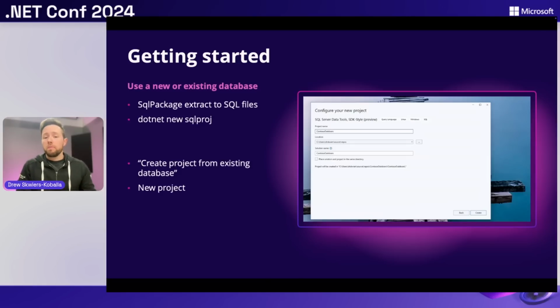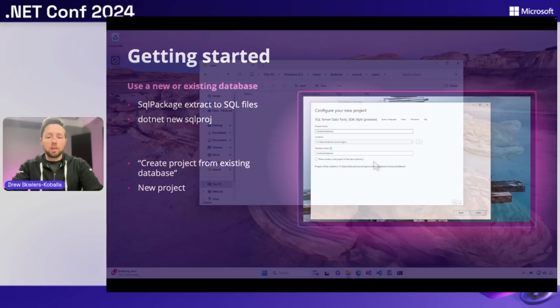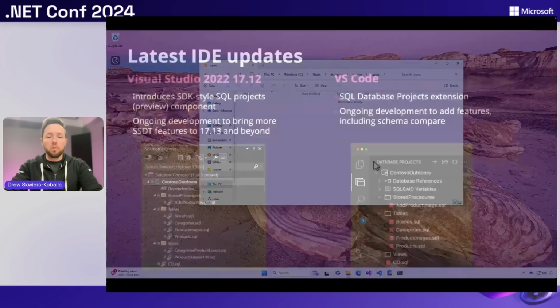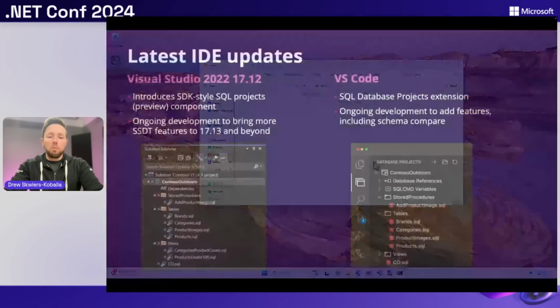You can do this by either using some of the tooling where there's a menu item, usually like create project from existing database, or we can even use the SqlPackage CLI to extract the database out to individual projects. So I've got a couple of recorded demos today because you never know when things might go wrong. But with that,